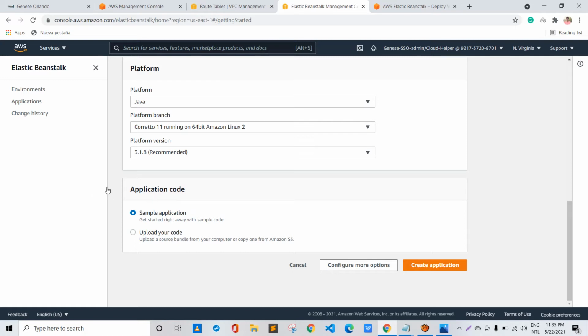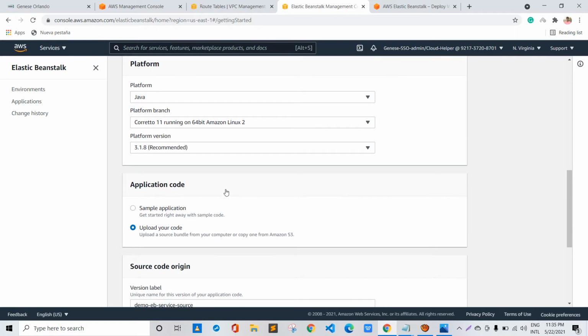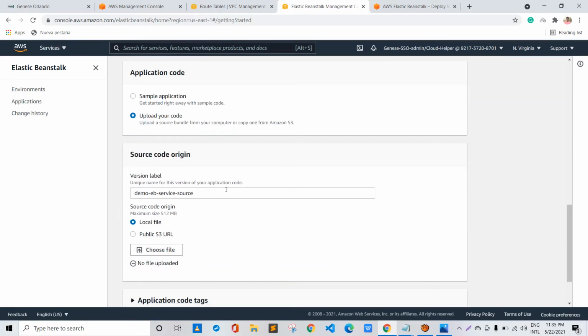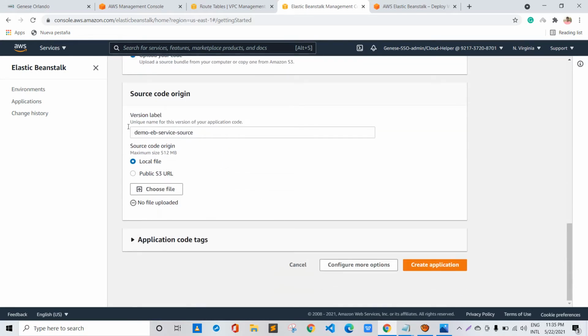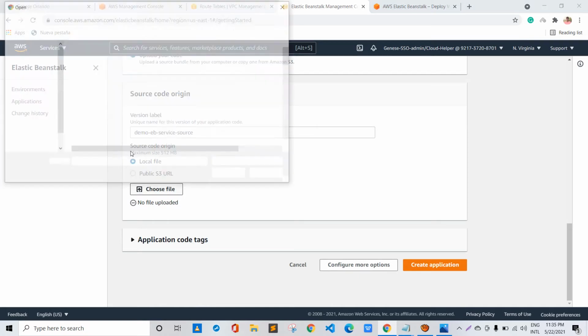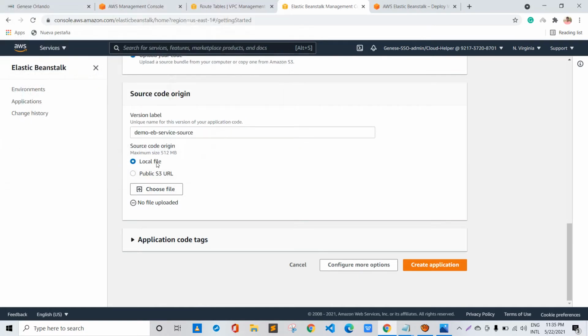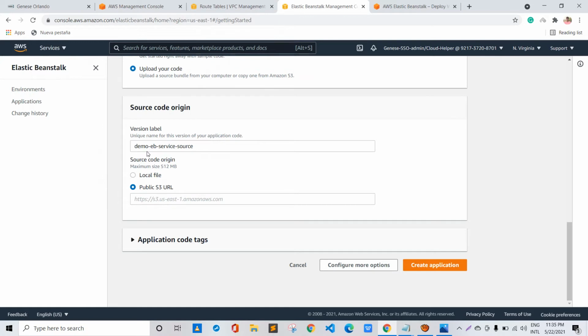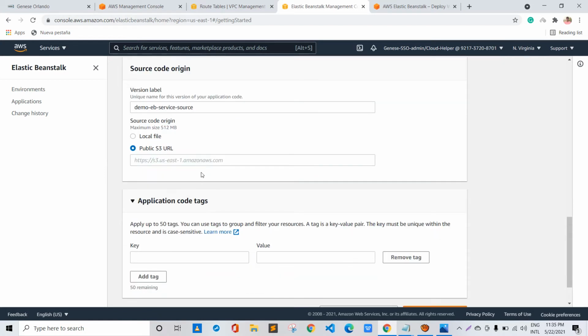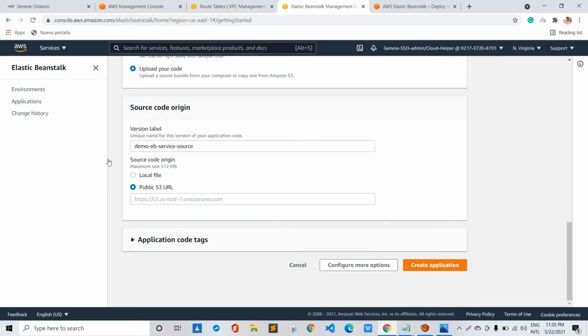But if you click on upload your code and you have your code already created, you can upload it from your local device, or if you have uploaded the code to the AWS S3 service, you can post the S3 URL here, and you can also provide application code tags over here.